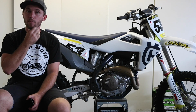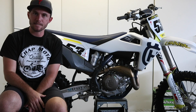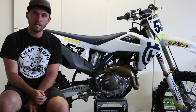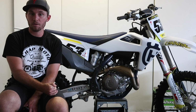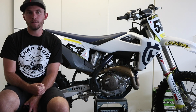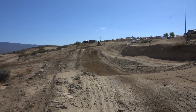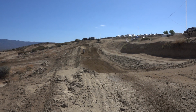The front has great grip, which is interesting because when you go to the weight bias of the bikes, because of the air fork, it doesn't actually have that much weight on the front end, but it just has a very precise feel. It doesn't have the same level of comfort as, say, the Yamaha, or maybe even the fork on the Cowie, but it's definitely better than the Suzuki, the KTM, and in some situations it could be a little bit better than the Honda. A little bit vague initially, like an air fork is, but the overall movement of the stroke is pretty good,